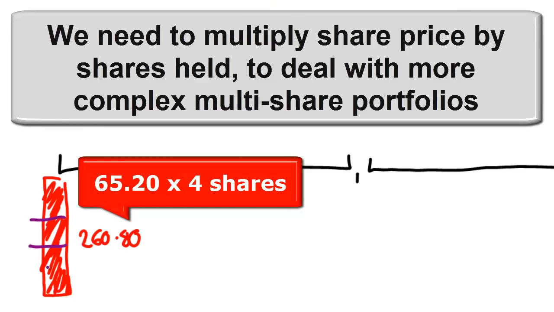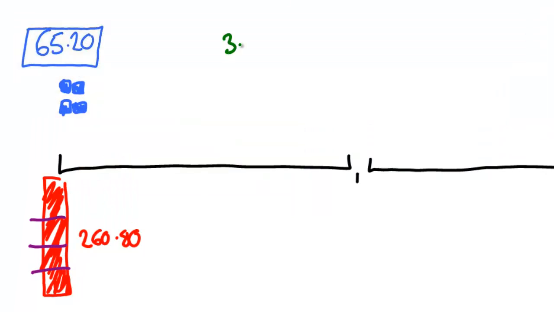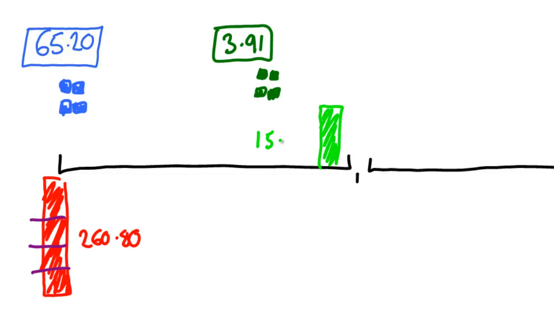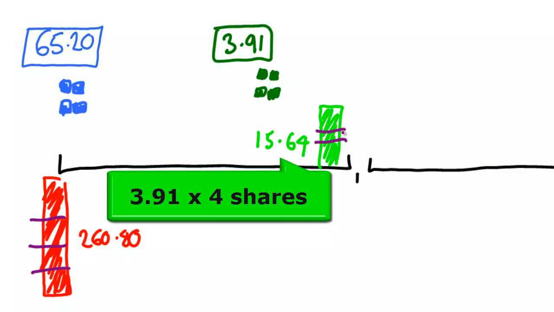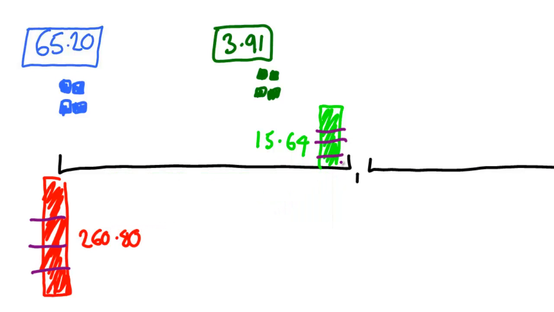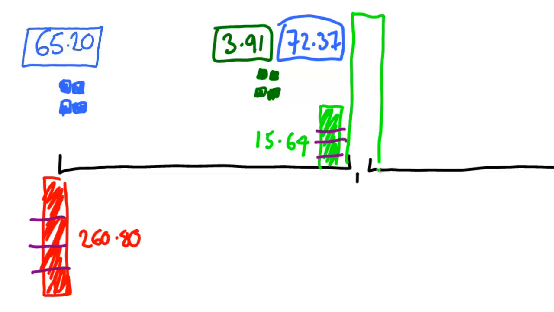$260.80. At the end of the year, FLY announced a dividend per share of $3.91. This means Sean receives this amount times 4 because of his 4 shares, which is equal to a cash income of $15.64. The share price has also gone up to $72.37, which means the end value of his investment is this amount times 4 again, which is equal to an end value of